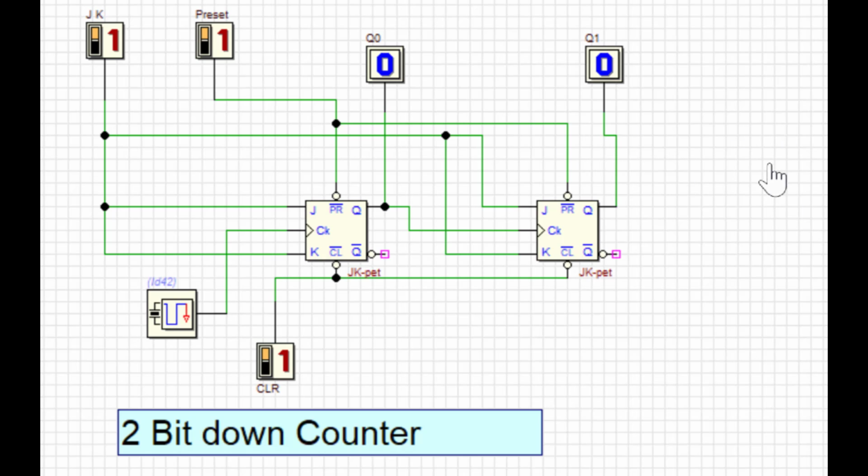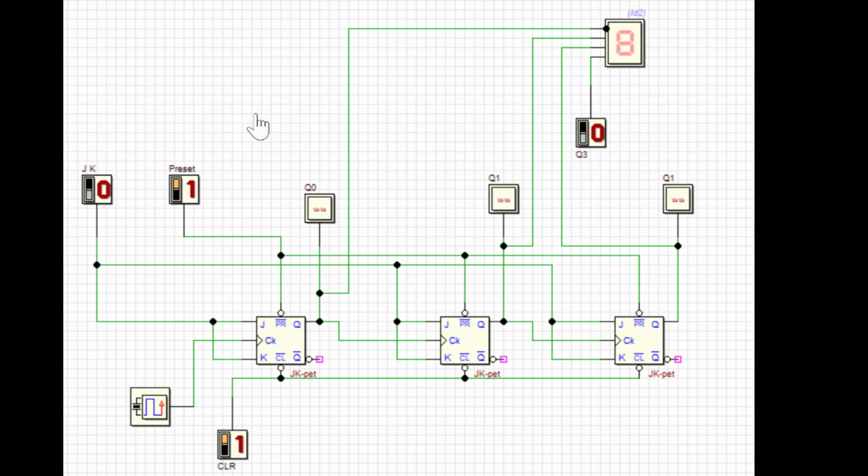Your preset is going to be extended, and your clear is going to be extended. This time your Q will be given as a clock to the third flip-flop. If you look at the 3-bit down counter, everything is the same. We added just one extra flip-flop, and for this flip-flop the output Q of the second flip-flop is connected as a clock, because if you take the counting sequence,